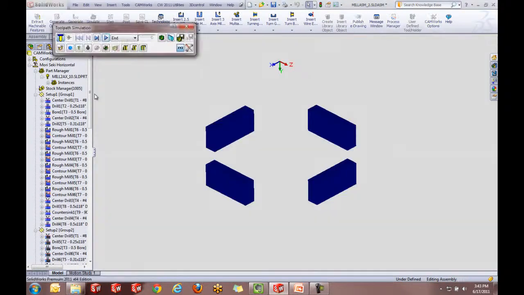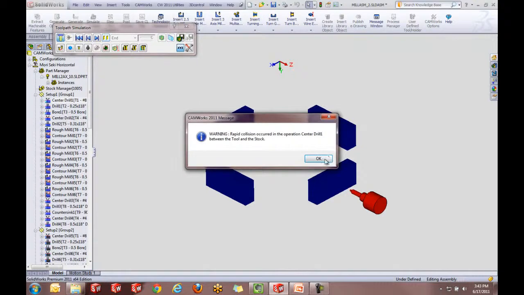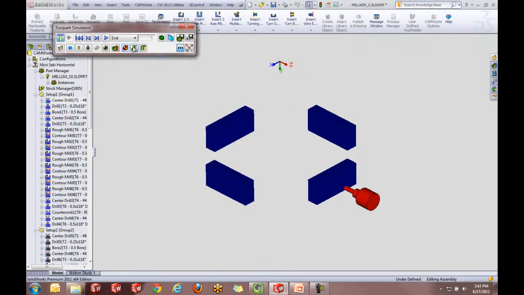and then if I go in here to verify this, you will see, if I don't turn this off, I haven't turned off the collision detection. Just ignore that for right now. You will see how I machine this part here. It's going to continue with this part and finish this part up before it goes to the next one, right? But for this instance where I have 4 identical parts, this maybe may not be that